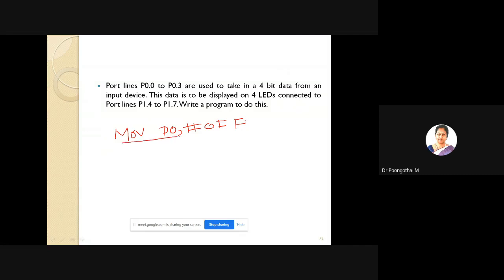So this instruction is used for configuring port 0 as an input. Okay. So it's mainly for input configuration. So now your port is ready to act as input port. So after the execution of this particular line, you can get the data from P0 and transfer that data to accumulator.